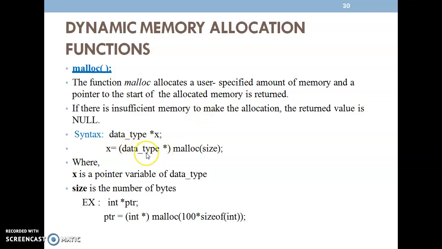Data type: most of the time I make use of void star because it is common to all the data structures. Then malloc, which will specify the size of a structure. In this example I am taking the size of int. Actually, we apply malloc in most cases to a structure. So you can specify sizeof, if I'm using struct student, then you have to specify sizeof struct student. Then this will define the structure return value or the pointer.